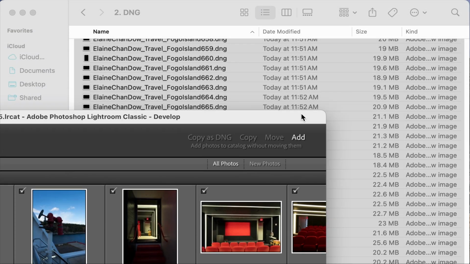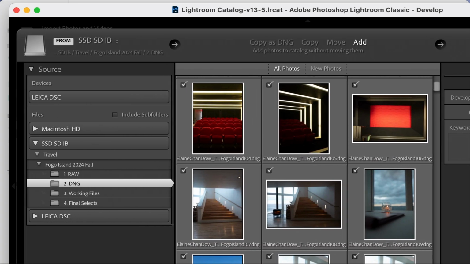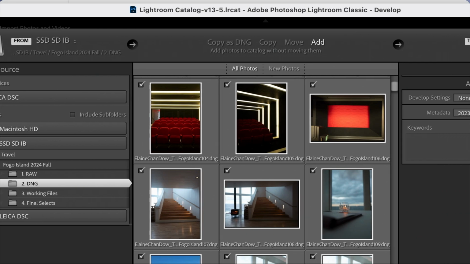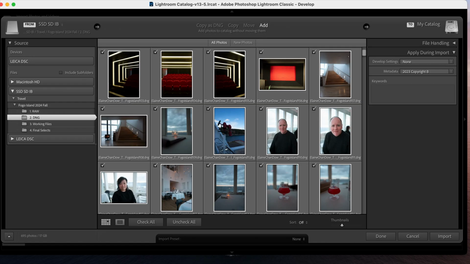Okay, so let's shrink my Lightroom so everyone can see. Okay, so now that we're in Lightroom Classic,